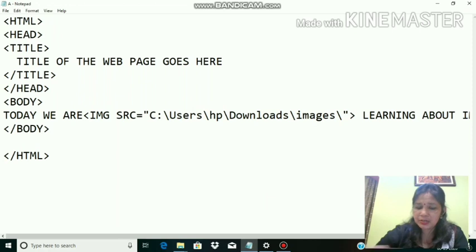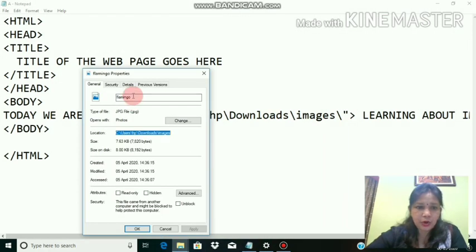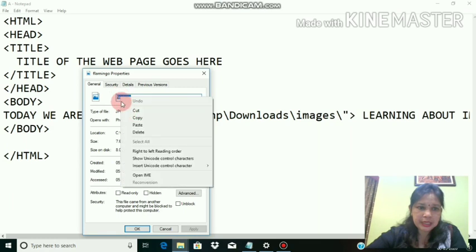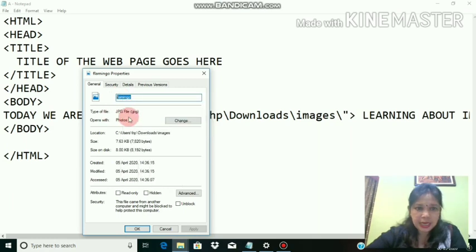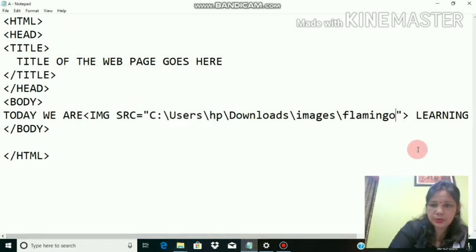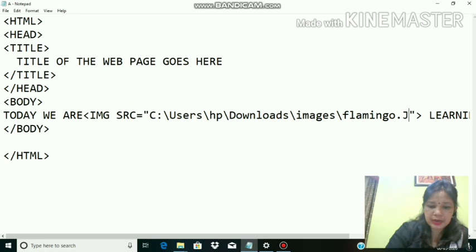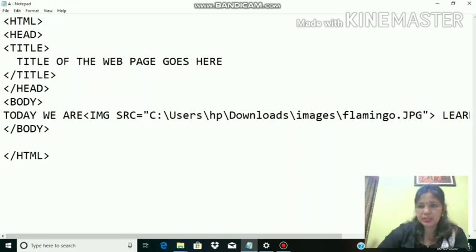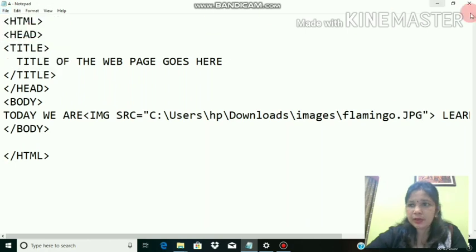Put a backward slash first, then go to that file again and then copy the name. Right click, copy. Clear? An extension you remember. Go to your file, there you paste it. I'm using Control V. Dot, what is the file name? Extension JPG. Then now save it, file, save, and